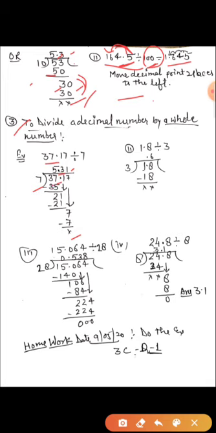Look, 37. Before the decimal how many digits? 2 digits, and after the decimal how many digits? 2 digits. So firstly we check whether the number before the decimal is divisible by the divisor. Yes, 37 is divisible because 37 is more than 7, so we can easily divide. So read the table of 7 in 37. You find 7 5s are 35, then write 35 and subtract. After subtraction, what do we get? 2. Look here, 2 is not divisible by 7 because 2 is less than 7.